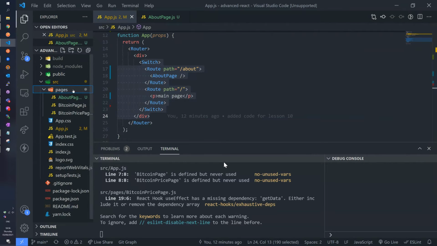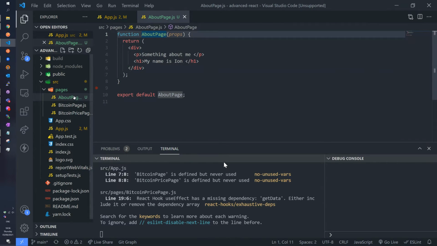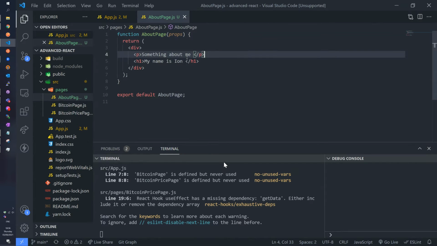If your website is even more advanced, maybe inside pages you have another folder with a group of types of pages, and each of the pages maybe has another folder with the subcomponents from that specific page, right? So, for example, for About page, I can make a folder called About page, and inside it a folder with components. And those components, I import them here and put them in the About page. So this is just complexity that you're going to get into, the more you work with it.